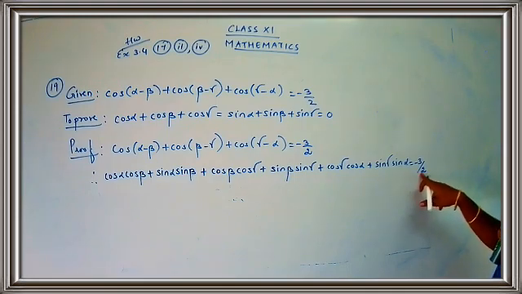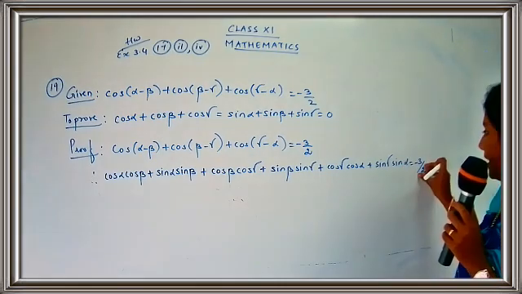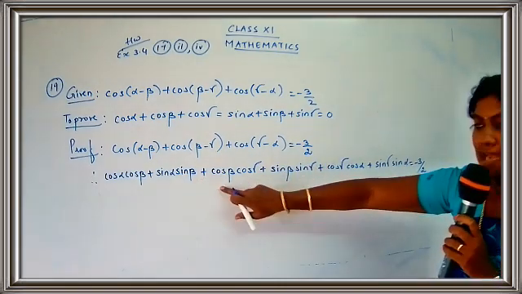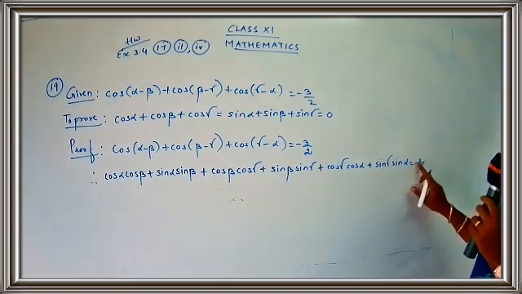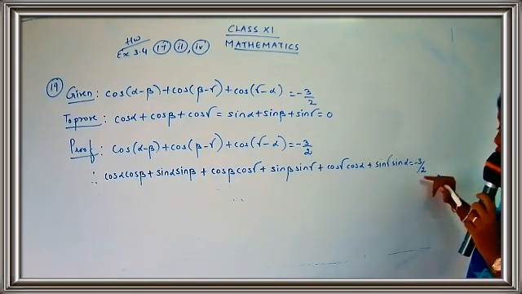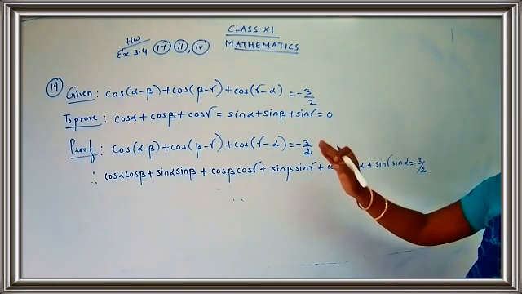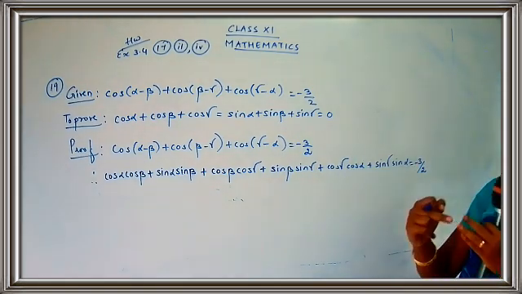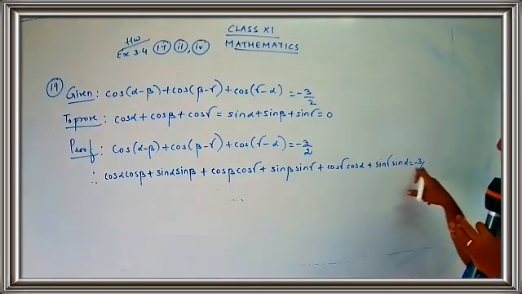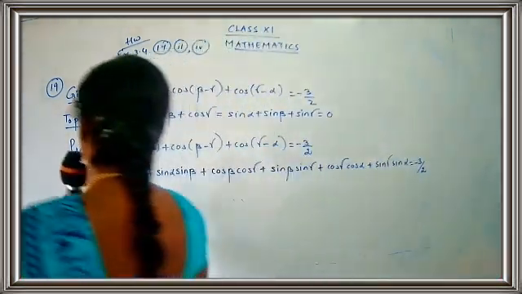Now what I'm going to do is take this 2 to the LHS and multiply it by 2 to each and every term. We have an LHS and a RHS, and 2 is in the form of division. So I'm going to take this 2 to the LHS and multiply by 2 everywhere, for all the terms. So let's go for the multiplication part here.